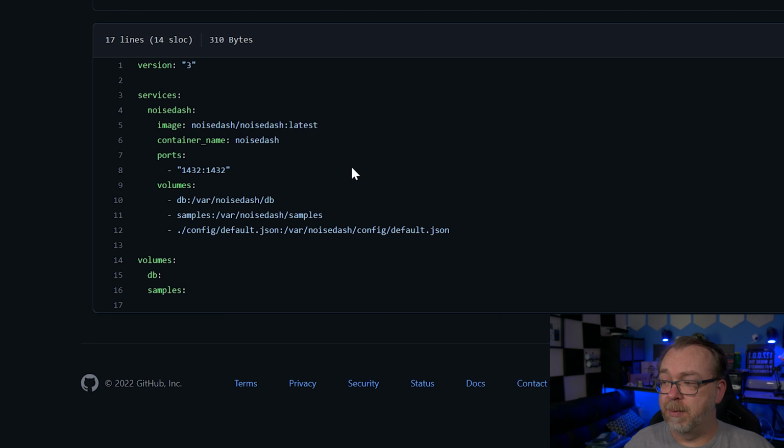If somehow randomly you're already using port 1432 and you need to use a different port, be sure to only change the first half of that line right there. Don't change the colon or anything after the colon. That's what the actual container needs on the inside to work properly. Below this, we've got some volumes for the database, some samples. That's where we will upload our samples, as well as a config